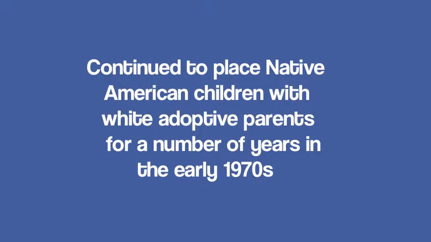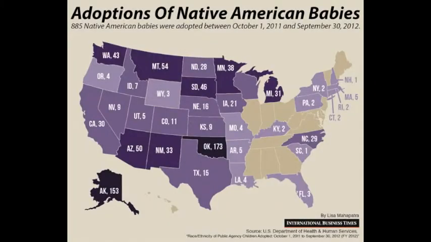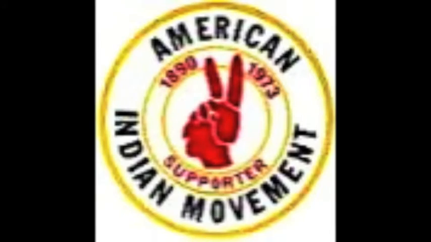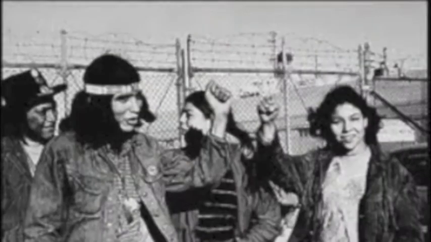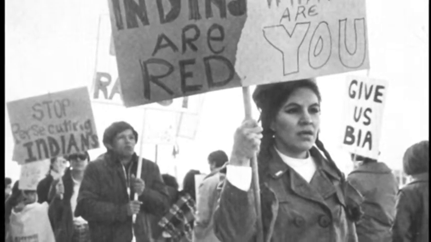395 Indian children were adopted officially through the Indian Adoption Project, but over 11,000 Indian children were adopted between 1964 and 1976 through all adoptions and placed primarily with white families. The federal government's Indian adoption programs were terminated in the 1970s under increased pressure from the Native American community. The Red Power movement gained momentum in the 1970s and demanded that Indian nations have control over Native American children